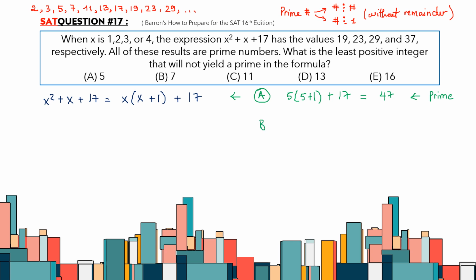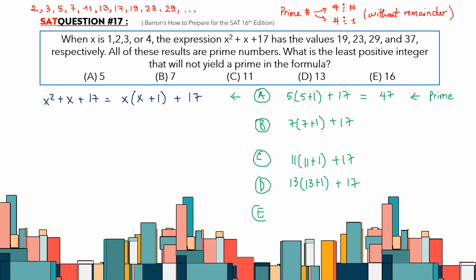Okay, B is 7, 7 plus 1, 17. And then C, we have 11, 11 plus 1 plus 17. And D, we have 13. And then E,